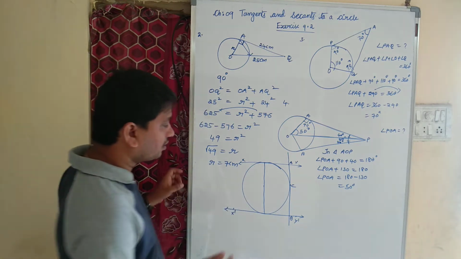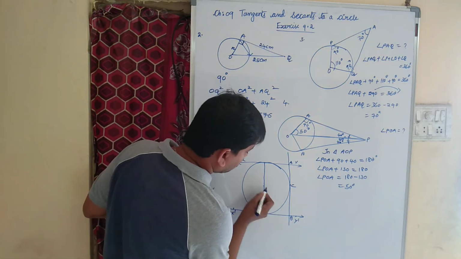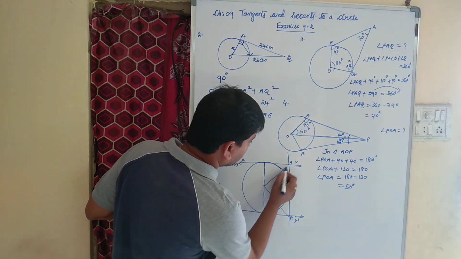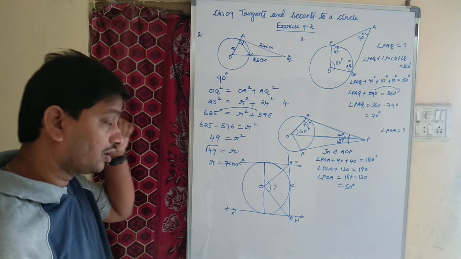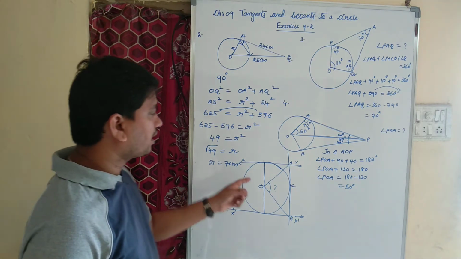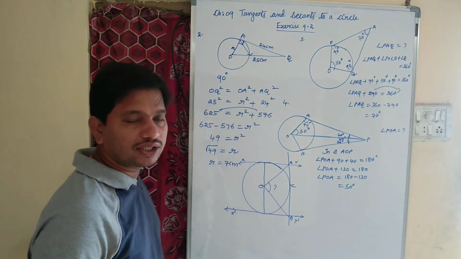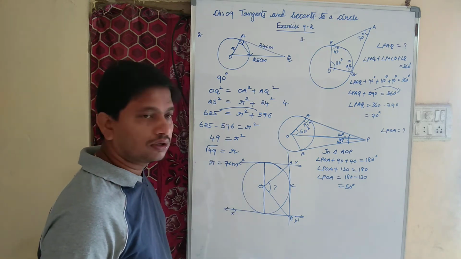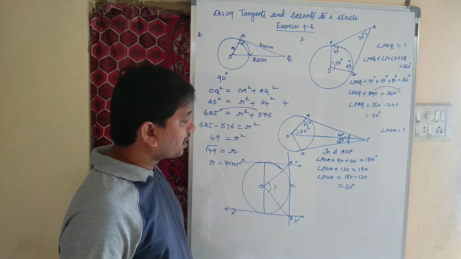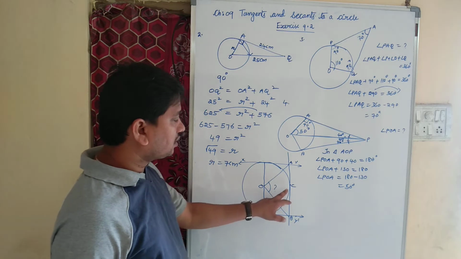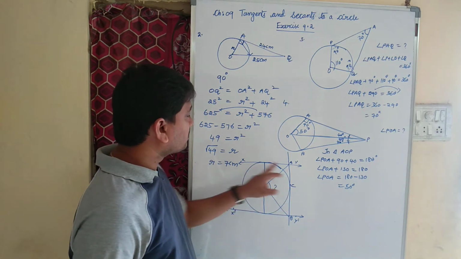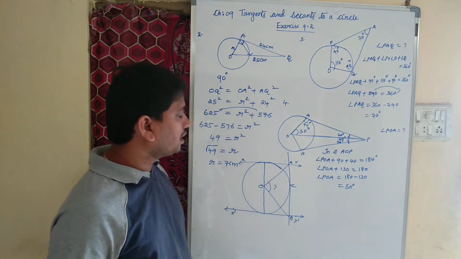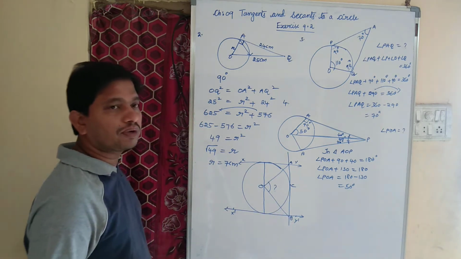They are asking to find what is angle BOA. Is it a clear question? XY and X'Y' are two parallel tangents to a circle with center O. Another tangent AB touches the circle at the point of contact C, and intersects XY at A and X'Y' at B. Then they are asking to find angle BOA.